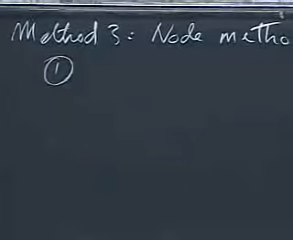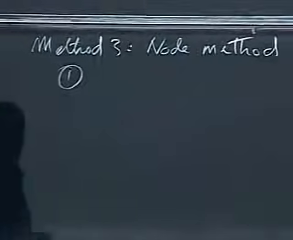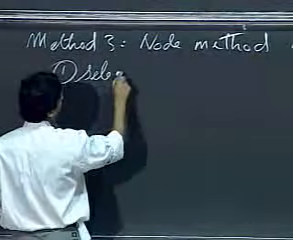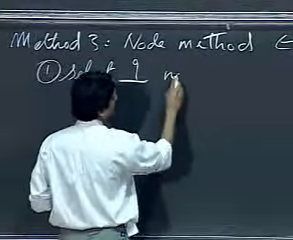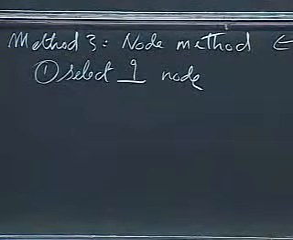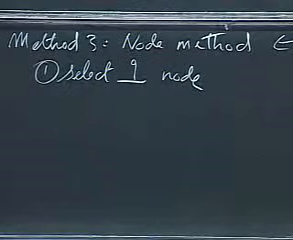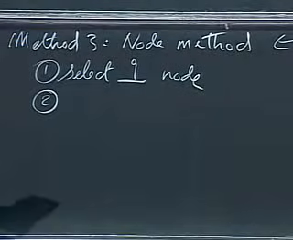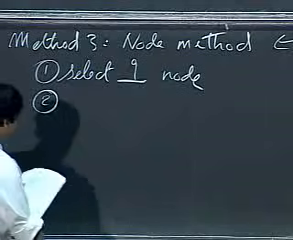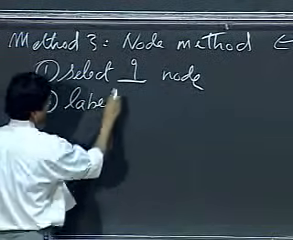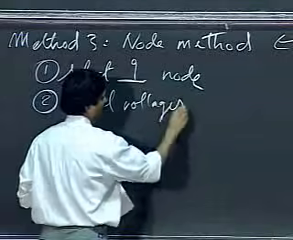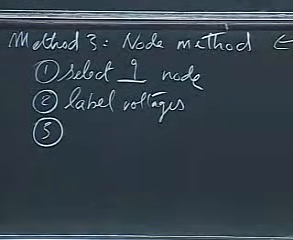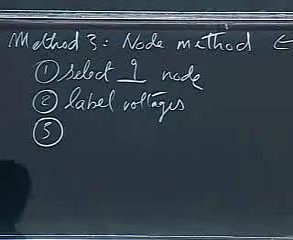The first step of the node method will be to select a reference or a ground node. This is a symbol for a ground node. The ground node simply says that I'm going to denote voltages at that point to be 0 and measure all my other voltages with reference to that point. So I'm going to select a ground node in my circuit. Second, I'm going to label the remaining voltages with respect to that ground node. So label voltages for all the other nodes with respect to the ground node. Next,